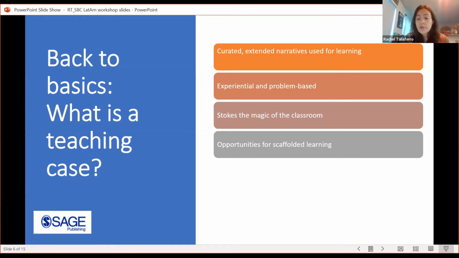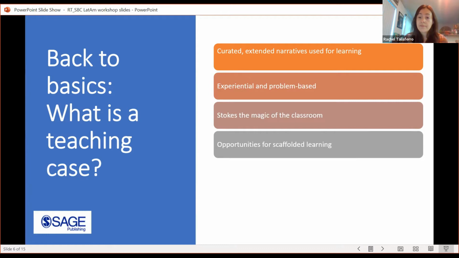And I'm sure, as everyone knows in their own jobs, anytime you come across a problem in the workplace, you usually have multiple options of how to resolve that dilemma. And there's usually not a single correct or incorrect answer. And it really requires your own learning and experience and your own judgment in order to come up with a resolution. So we want cases to be able to represent that kind of experience so that students can start gaining